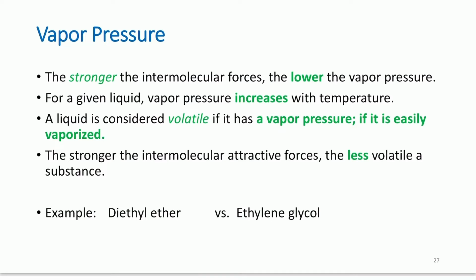So the stronger the intermolecular forces, the lower that vapor pressure will be, because there'll be fewer particles in your vapor phase. For a given liquid, the vapor pressure will increase with temperature. Basically, as I heat it up, I'm giving those particles more energy, which allows them to more easily escape their liquid phase, even though they haven't reached the temperature to truly boil, like we think about a boiling point yet. An example of that is growing up, my